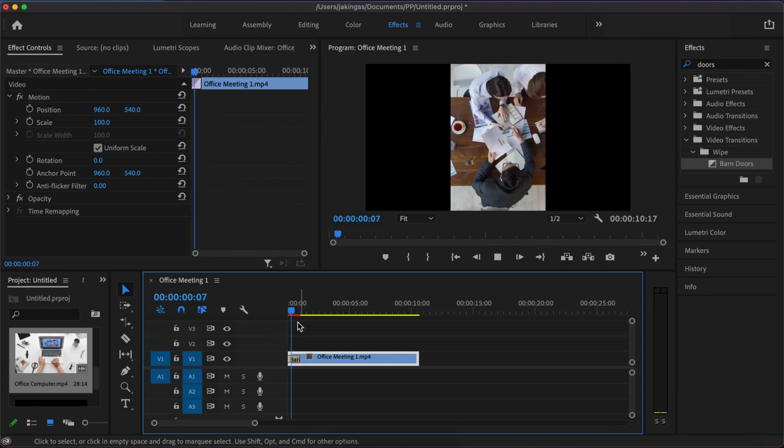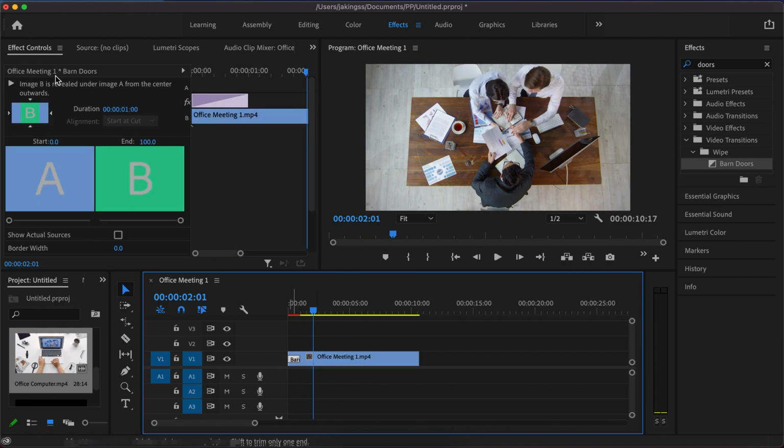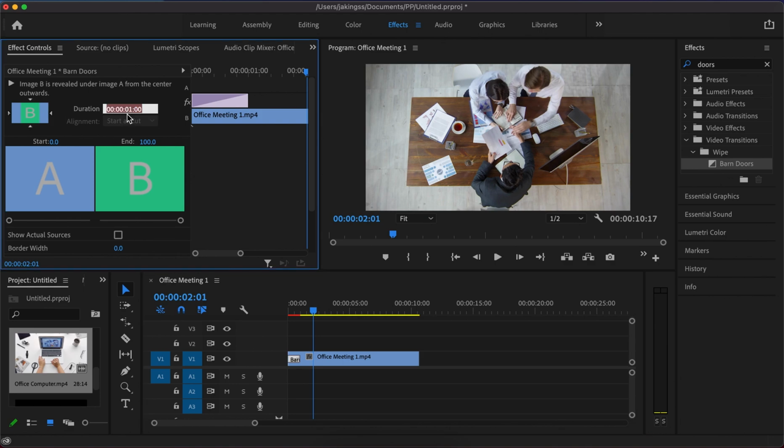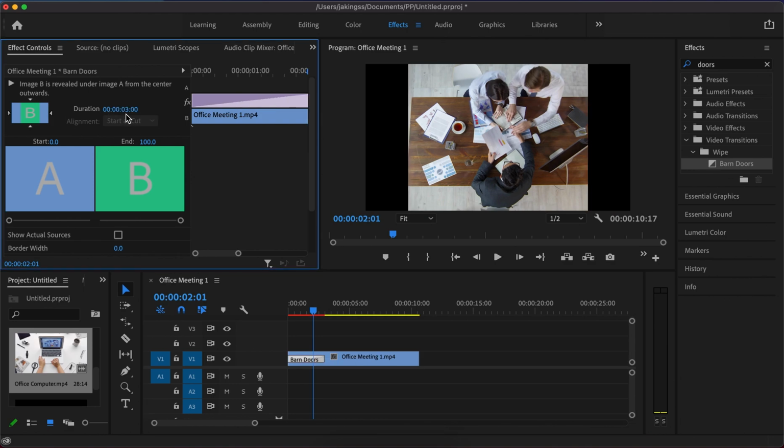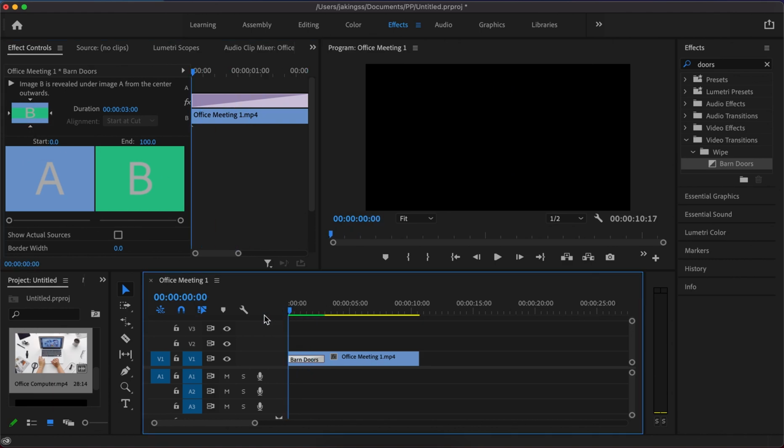As you can see, by default it will open left to right. I don't want it to look like that, so if we just double click on it, bring up the effects controls. It's also a duration of 1 second, which is a little bit too short for me, so I'm going to put mine up to 3 seconds. Then I'm going to press this bottom arrow here, so you can see it says south to north. Click that, and then if I play the clip over to you again,